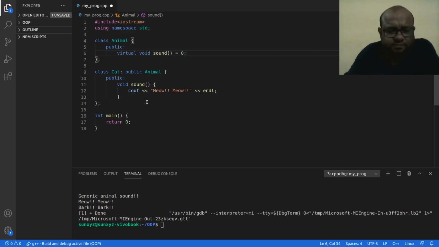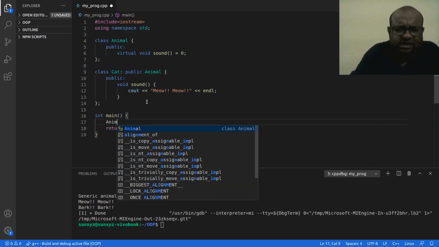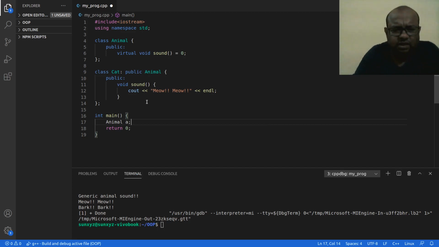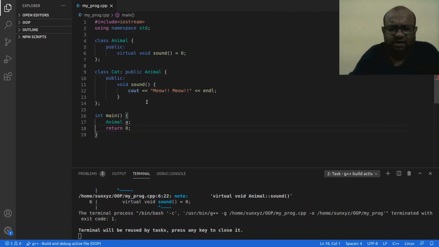Anyway, let's go ahead and let me try to do one thing. Let me try to create an animal class object. So this is the code to create an animal class object. Let me try to compile this. I get a compile time error. What is the compile time error?